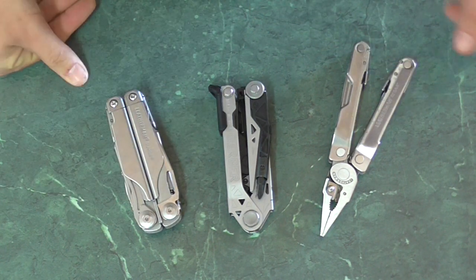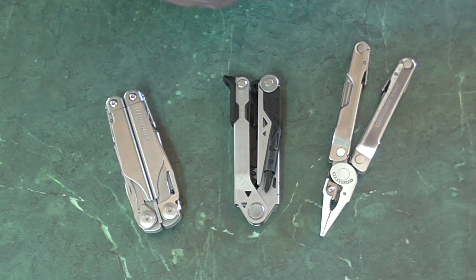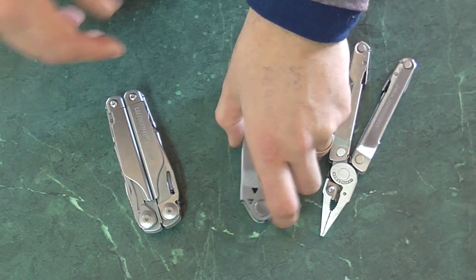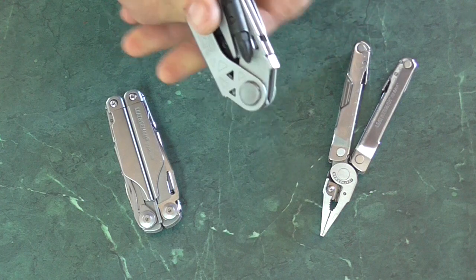I hope you've enjoyed. I hope it's been of some value. Definitely give the center drive a go if you're after something different in your multi-tool. It is cool, especially once you're warm to it and you figure it out. It's a bit weird at first, but once you're there, it's actually an enjoyable little tool. And the pliers do loosen up, so don't stress about that when you get it. They will fly out with authority